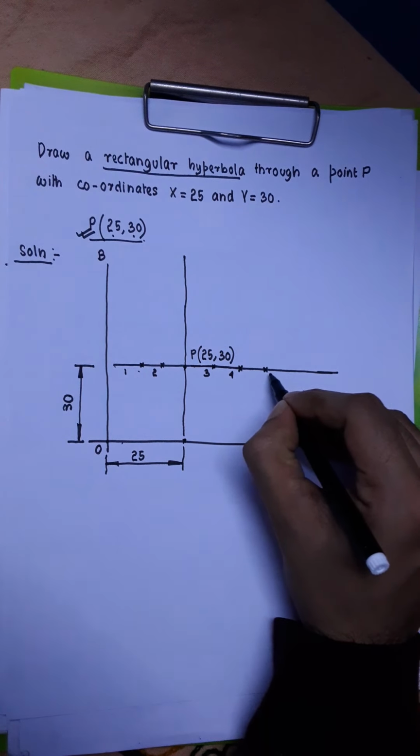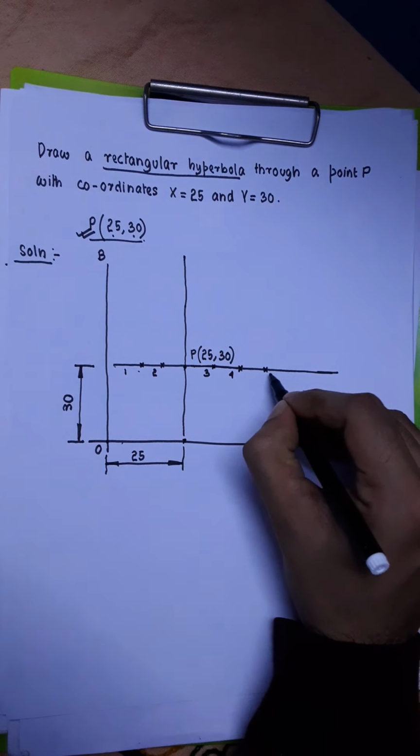By looking at these points, you can understand that they are not at equal spacing. The distance between 1 and 2 does not match with the distance between 4 and 5 or between 5 and 6. These points are taken randomly, but we have ensured that some points are to the left hand side of P and some are on the right hand side of P. If you take points only on the right hand side of P, then after doing the remaining construction, you will get the rectangular hyperbola lying totally on this side. But if you want the rectangular hyperbola to start from somewhere here and end somewhere here, then you have to take some points to the left hand side of P and some on the right hand side of P.